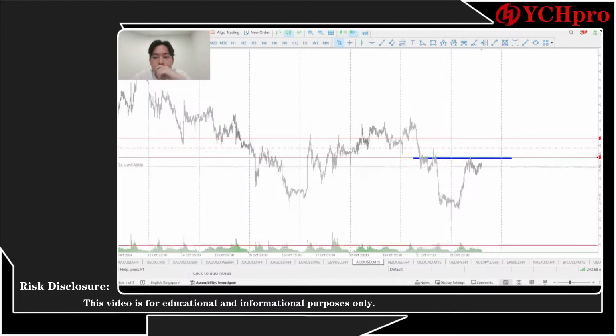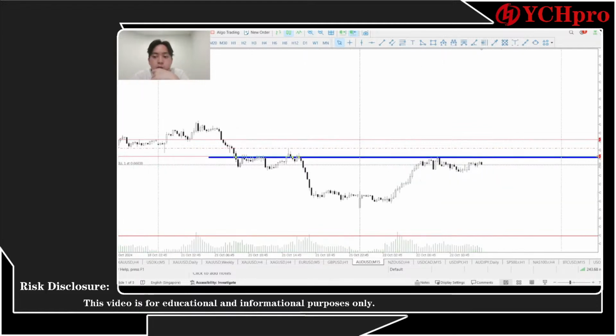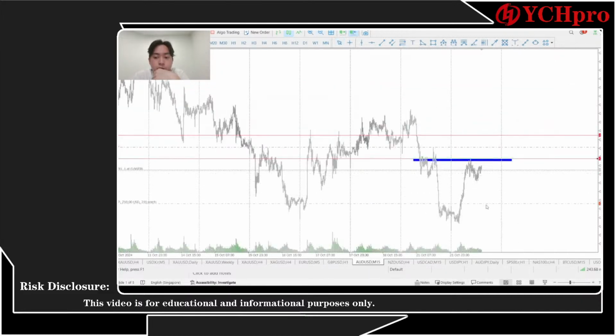And putting our TP 1 to 2, 1 to 3 should be fine because this might be the highest of the week. If you want it tighter, you can try to put it here. I think I can put it here. Once the price does break through this area, then it's not a really good thing. So I think this one is a really good risk reward ratio. From here, we can actually aim for the lower sides.